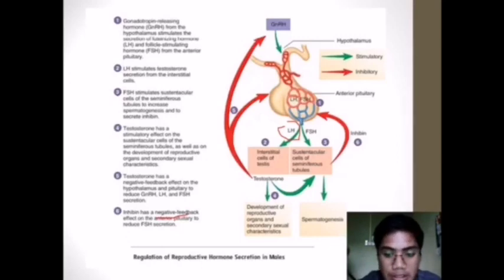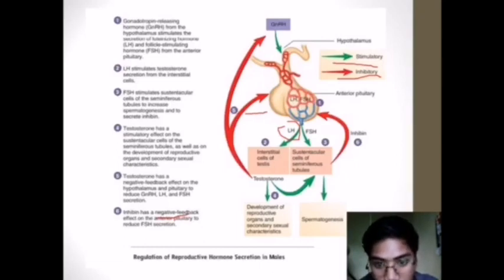To understand more, you can see the diagram. It shows how the green one is stimulatory and the red one is inhibitory. When LH is high, it will inhibit the LH. When the FSH is high, inhibin will inhibit the FSH. Thus, it shows how the hormone regulation occurs